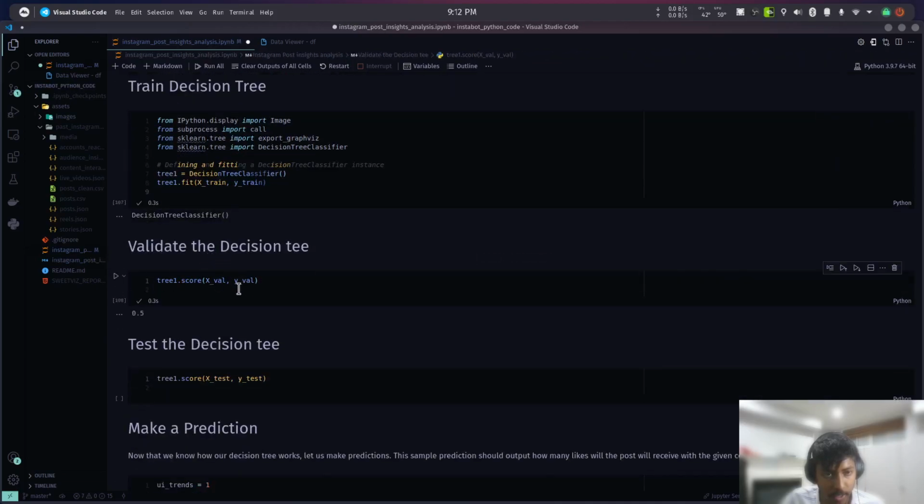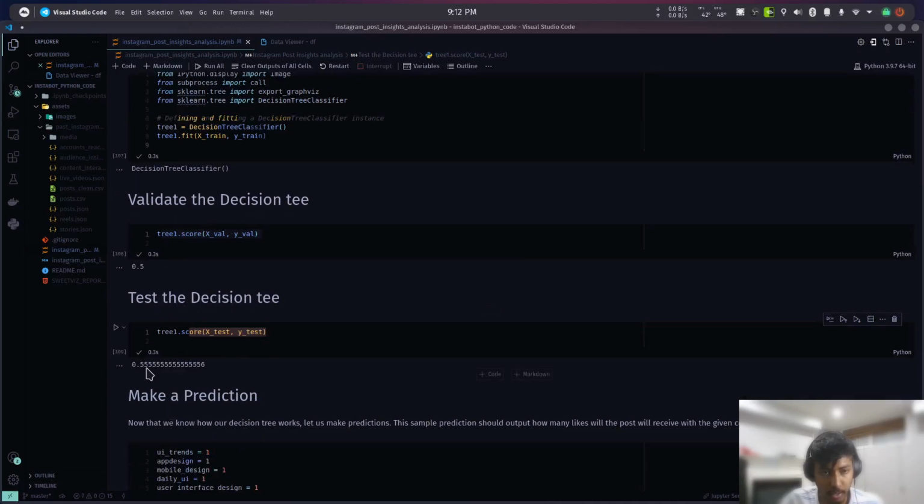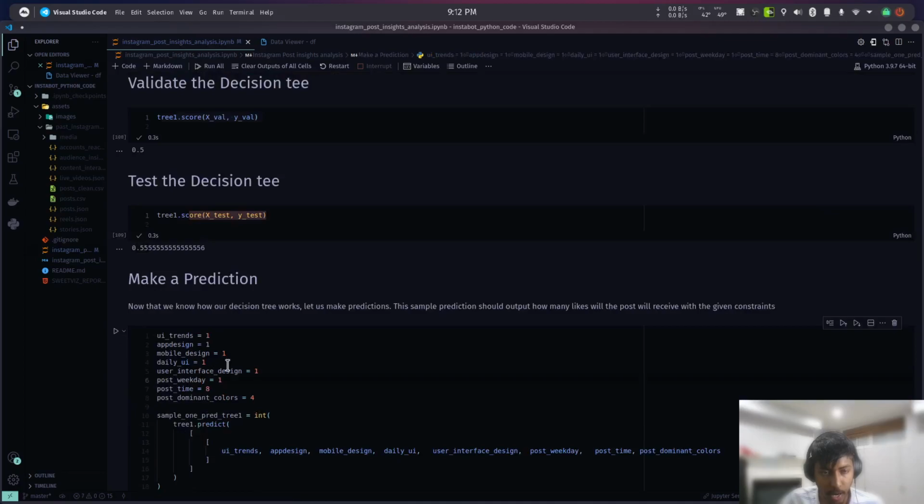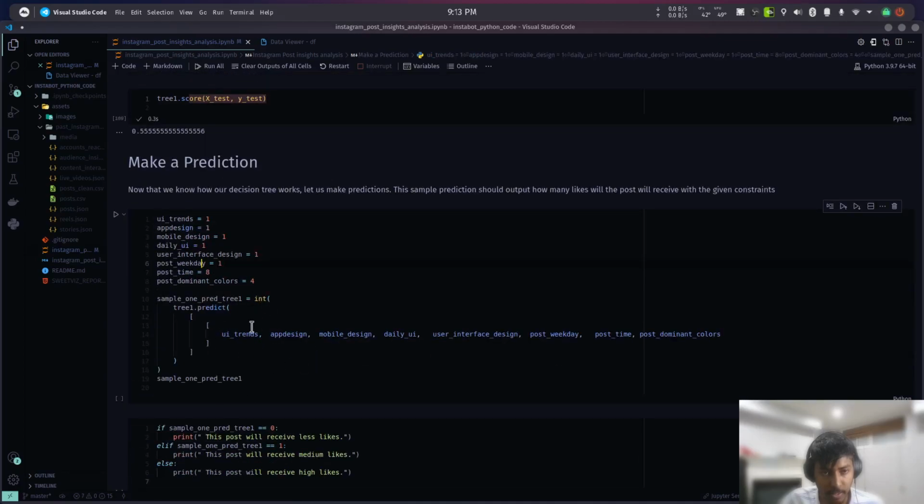I'll validate the decision tree using the validation set. The score is 0.5. Now this score is not really great, it's just 50% accurate. Having given it about 500 or so posts, it becomes about 80% accurate. But I'm really sure if we use something like random forest, we would get way higher accuracy. And testing again the decision tree, it comes to 0.5, and the last cells will be actually trying to predict